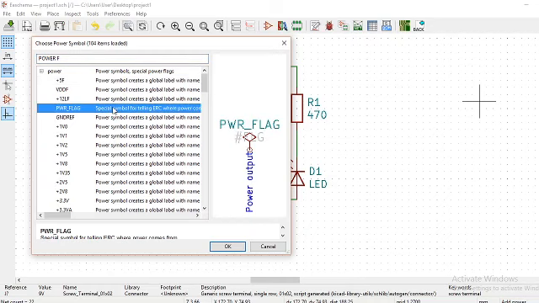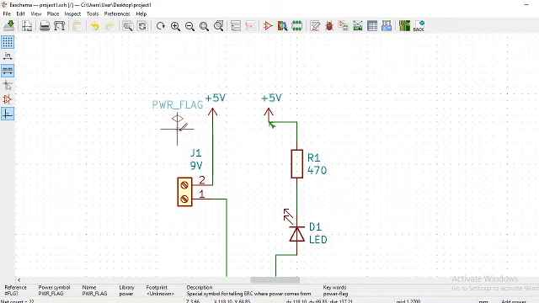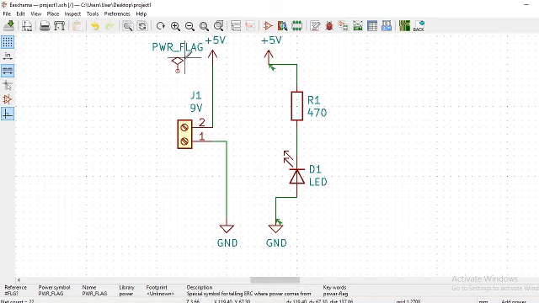Select power flag and OK. Then place the power flag here. One or more power flags are needed.